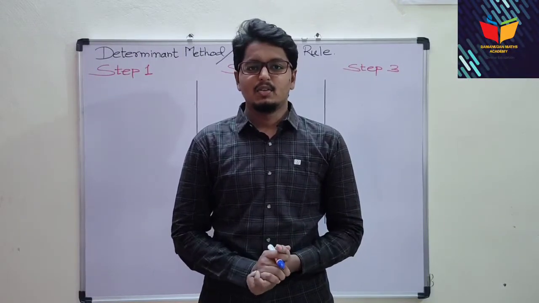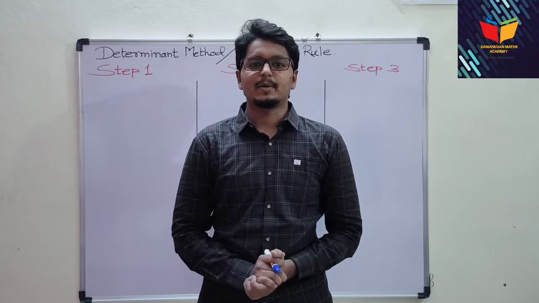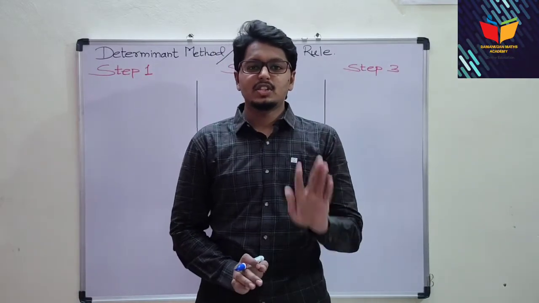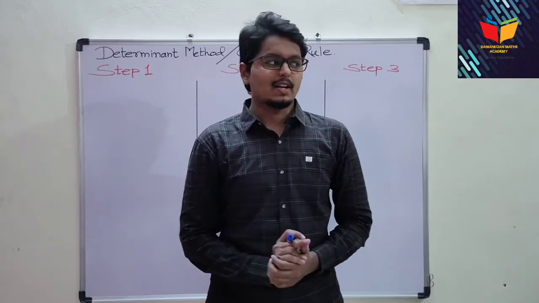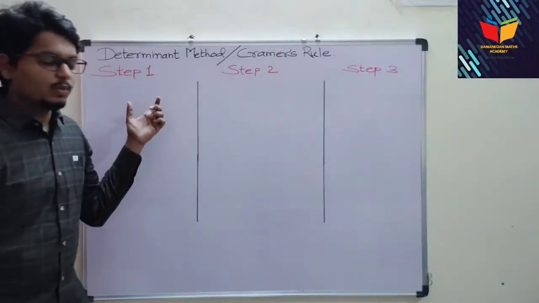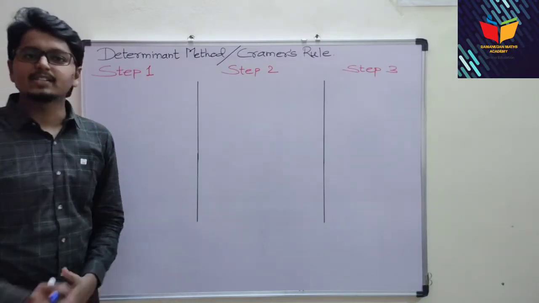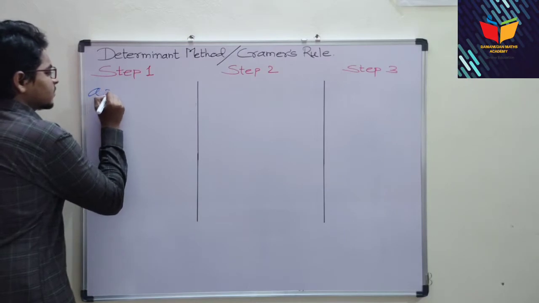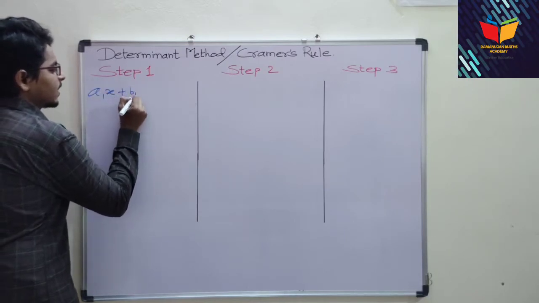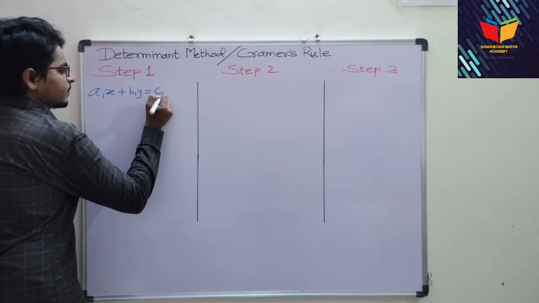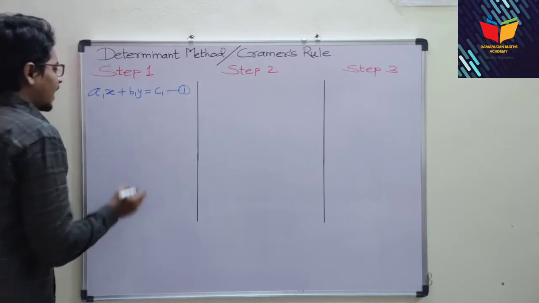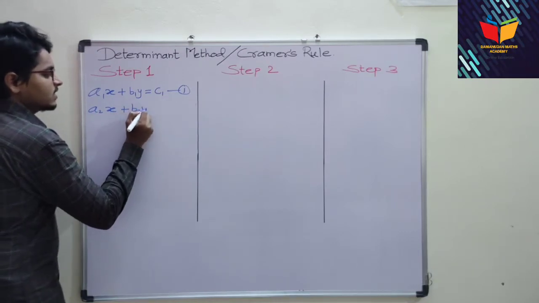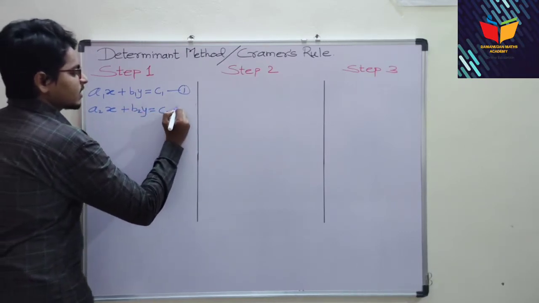In this video, we are going to study the determinant method, also known as Cramer's rule, in just 3 steps. Okay, so let's start. In step 1, you have to take two simultaneous equations in general form. First, a1x plus b1y is equal to c1, equation number 1, and a2x plus b2y is equal to c2, our equation number 2,